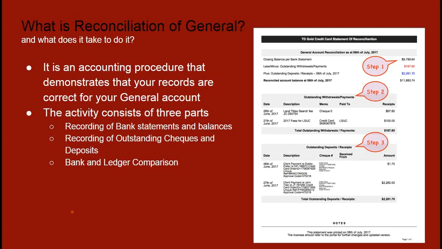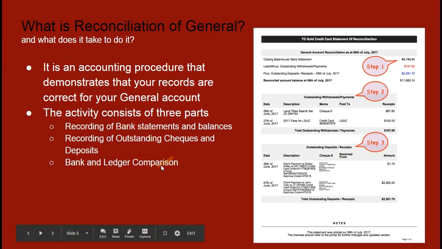It's a similar procedure. It's an accounting procedure that demonstrates and records all the transactions that have now touched your general account. When you first start off your legal business, you're going to go into a bank and set up a trust account if you need one, but most definitely a general account, an operating account for your business, right? So this is that account. You can see there is a direct difference between the trust reconciliation and the general: it has 1 step less. So what are the 3 important data elements that are captured in a general account?